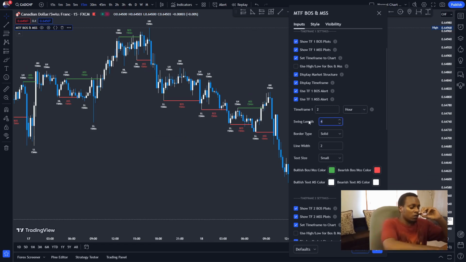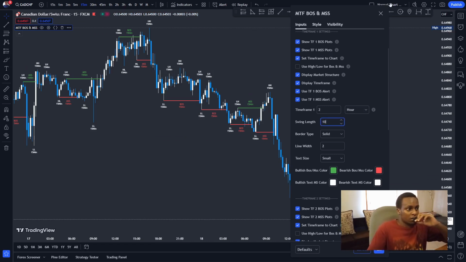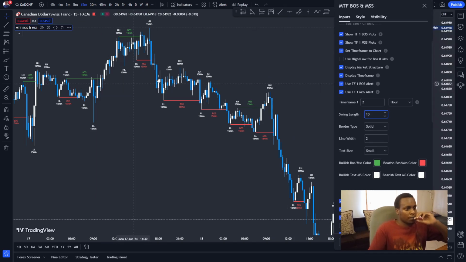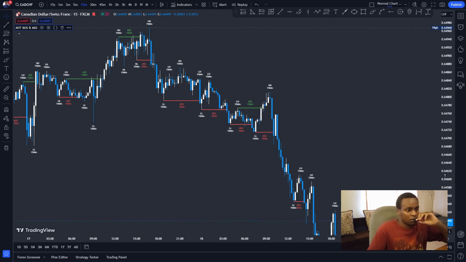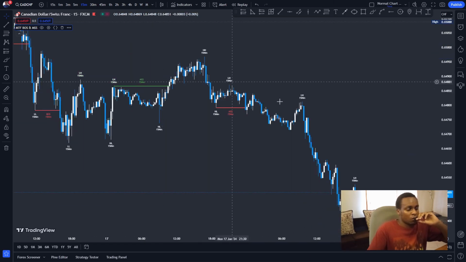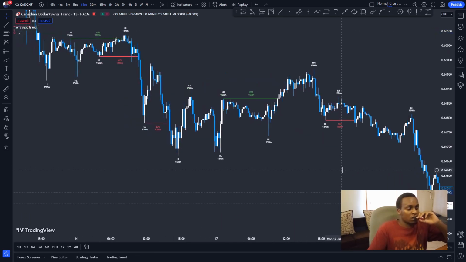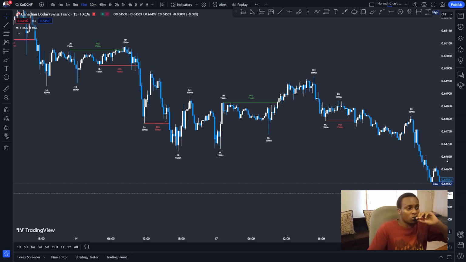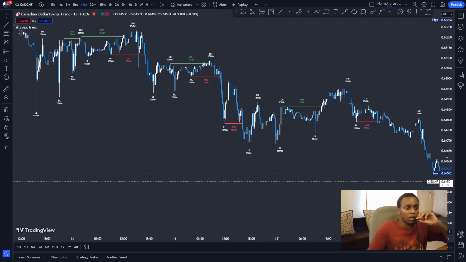For example, if I change this to 10, we'll have less highs, less lows, and we'll have less breaks. So let me just set that true. As you can see, we have more defined highs. This high, high low, lower high, another lower high. As you can see, it's a defining structure for us. Of course, you'd have to test this on your own, add it to your system, and see how it can help you out. As you can see, we have less breaks on the chart,